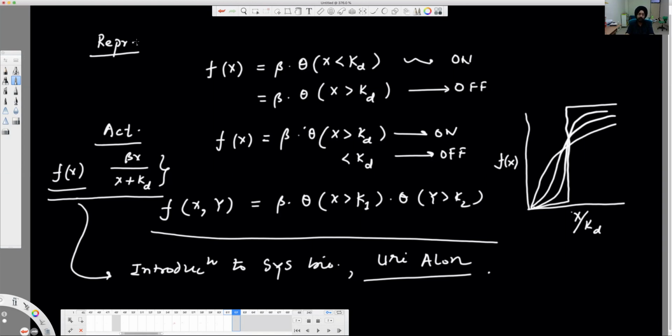Now another important thing in synthetic biology is the response time. Let's say you're looking at the production of something. You don't want to wait for a long time. It should be produced very quickly. You might say, well, I can wait for a day, how does it matter? It does matter for certain applications where you need instant production of the desired product.